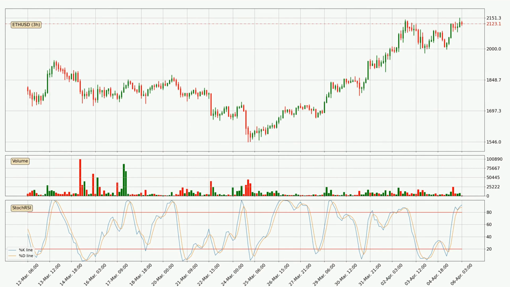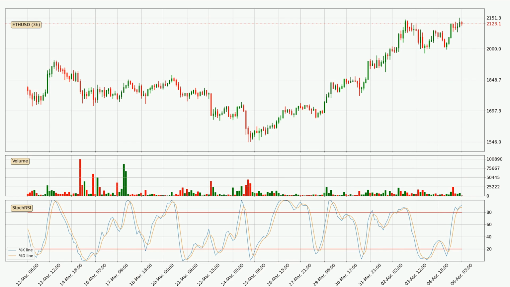Looking at the 3-hourly stochastic RSI, both the %K and %D lines are located in the higher region. This means that the price is high due to overbuying, and a change in the trend, or at least some kind of consolidation, can be expected. However, the K line still hasn't crossed the D line, so you should wait to see if the trend will